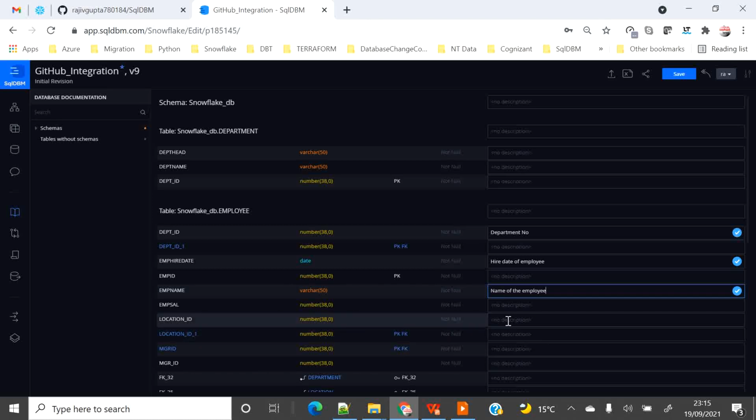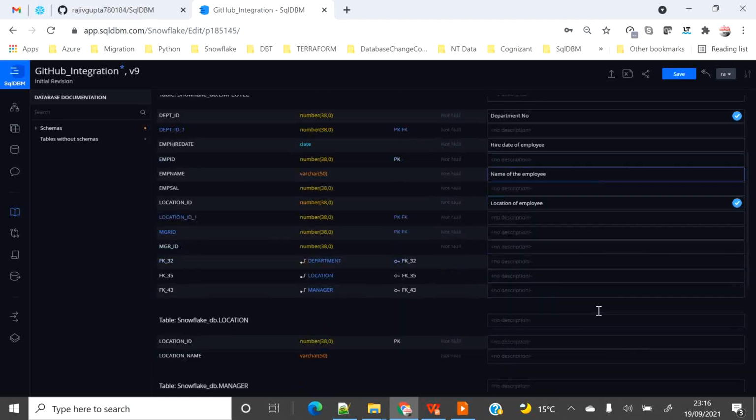For location, I can say location of employee. This way I can add all the business information we want for that particular column under the description box. For the manager, I can say manager of employee, and then I can save it.